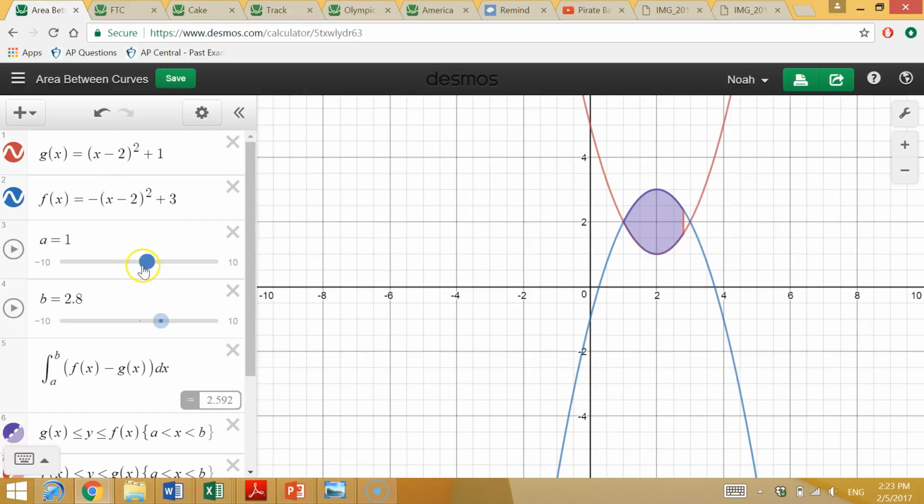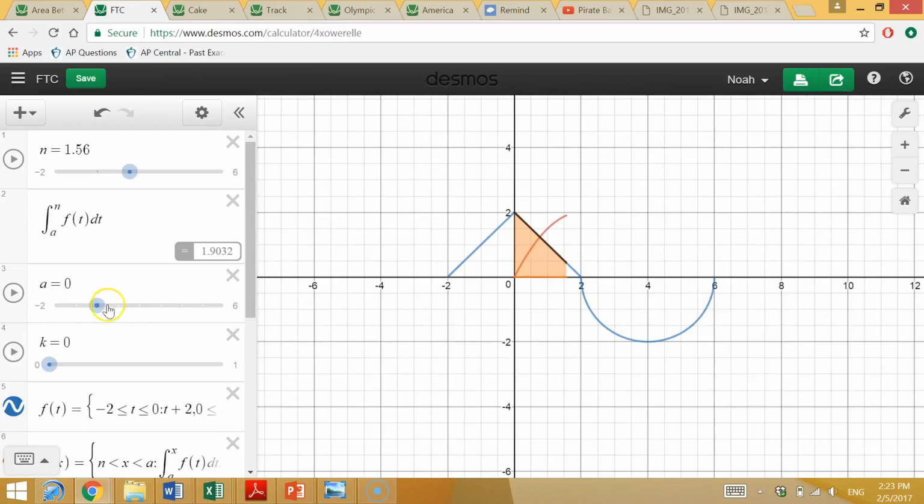So as you see here, my first one that I gave a shot with was trying to find area between curves and trying to show kids that that red line that's sweeping across, if you add up an infinite number of them, it ends up equaling the area, which is kind of cool. And then I thought, well, I could probably do more with that, so I made a similar app that shows the fundamental theorem of calculus, and